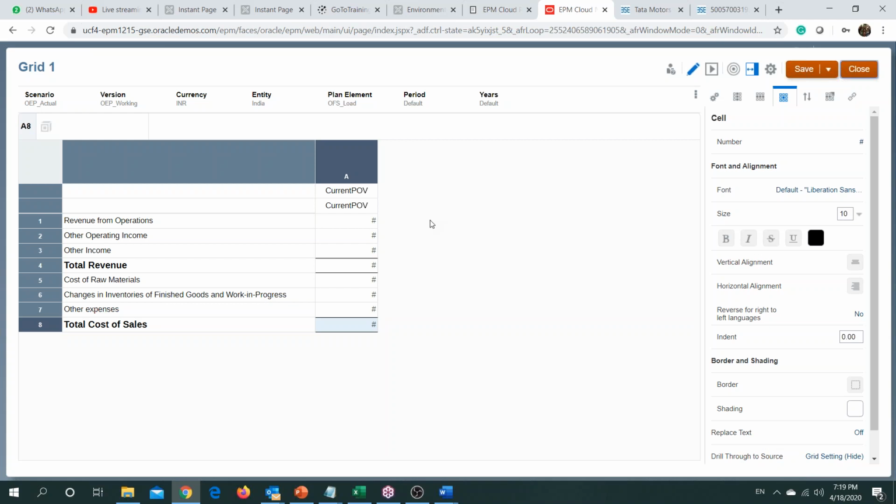I need to see whether I have the same issue with my application also. Yes, I'm having the same issue with my application too. Just hold on for a sec. Let me just check what the issue is.